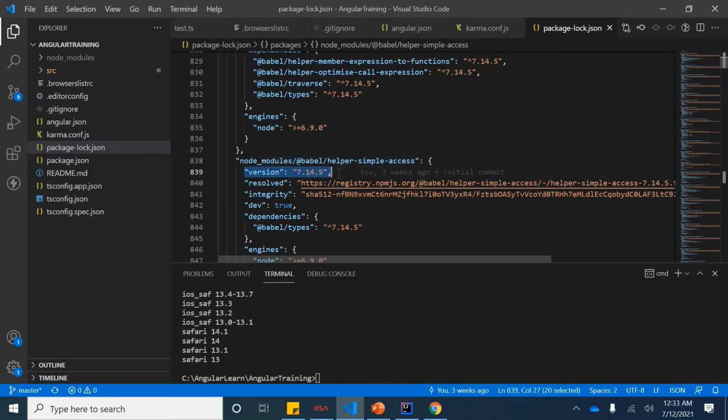I mean, 7.14.5 is being installed in your machine. And it requires some dependencies of Babel types, which can be more than 7.14, it can be 7.15. Okay, this is what it is. So package-lock.json is basically locking your dependencies with the exact version, so that this is the version that this project is using.